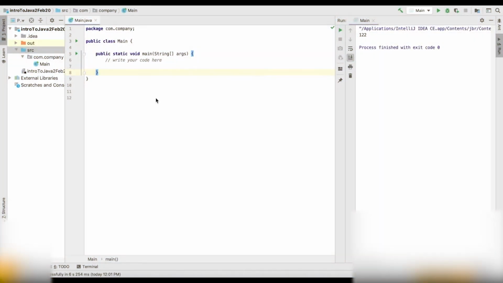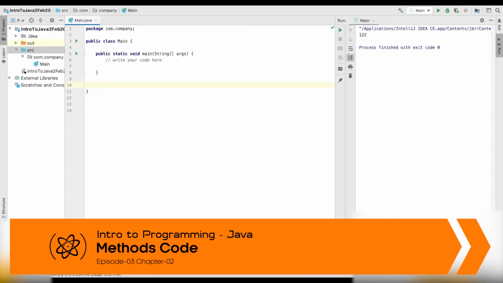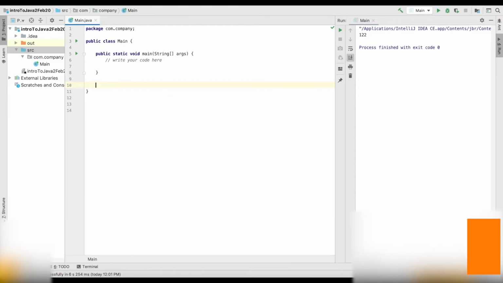So now that we've seen how we can write a method, let's actually write it in IntelliJ and run it and see how it works. First we would write the method for calculating the area of a circle. And if you remember, the area of a circle will have a return type. A return type would be double. So we write that first, and then we write the name of the method, which is calculate